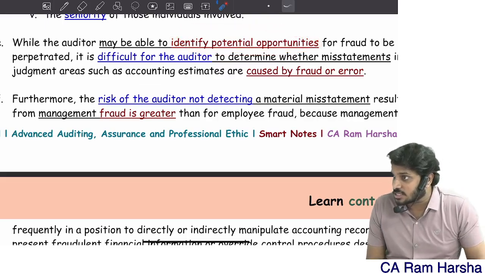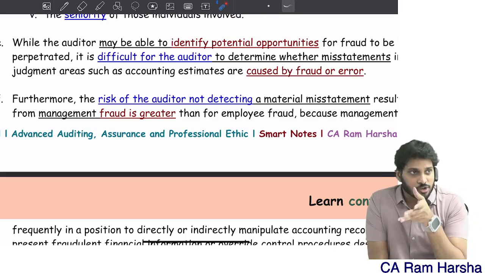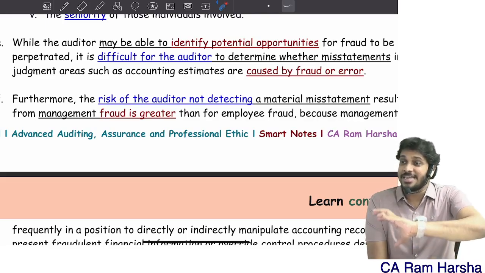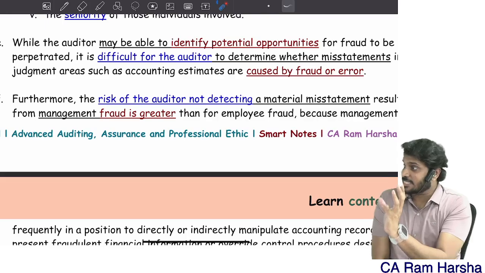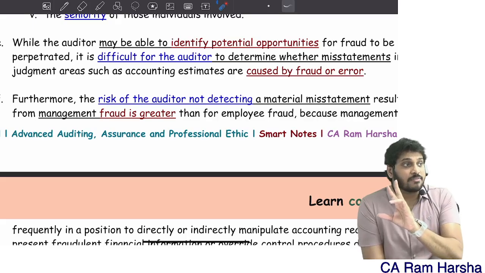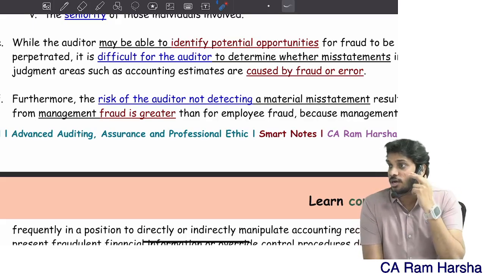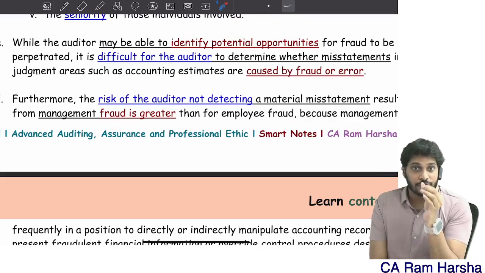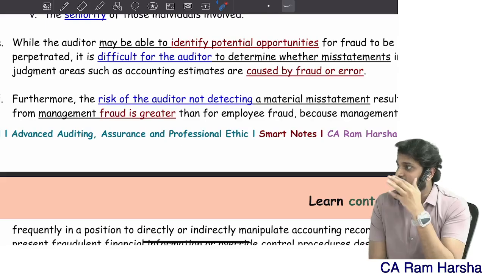You should do a risk assessment. You should identify fraud risk factors that create opportunities, that create pressures, that create an attitude for an employee to commit a fraud. You should identify whether any such symptoms exist or not, where a fraud can happen. Fraud indicators, we call them as what? Fraud indicators or fraud risk factors.